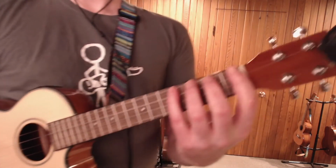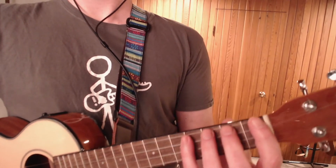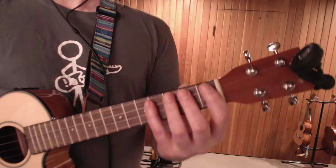So keeping your thumb low, and I know this is what you're asking, where exactly should I keep my thumb? Well, I'm glad everybody asked. In case you didn't, the tip of the thumb should not go below the middle of the neck, and the tip of the thumb should not go beyond the edge of the neck rail. So, what does that mean in plain English? Let me quickly show you. So, what you want is